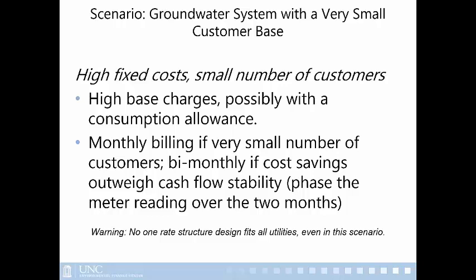So you reduce the administrative cost of reading meters and so on. Most utilities, or almost every utility in Alabama, is using monthly, which is always a good starting point. So I don't really think that the bi-monthly charging is important. I think the main point here is the base charges and balancing, putting more on the base charges and less on the volumetric is how to help some groundwater systems. Again, each groundwater system will have its own conditions.